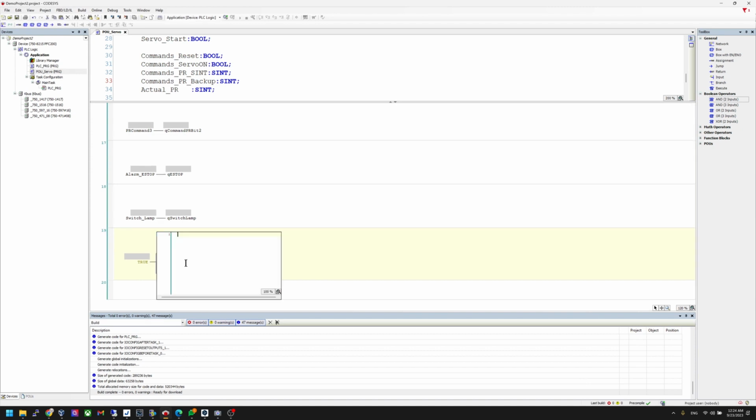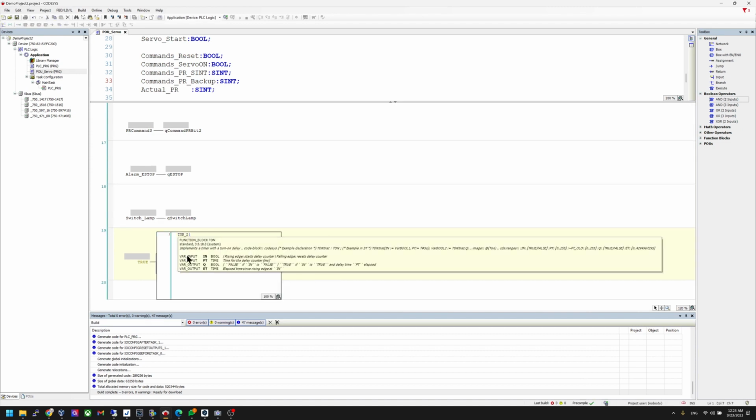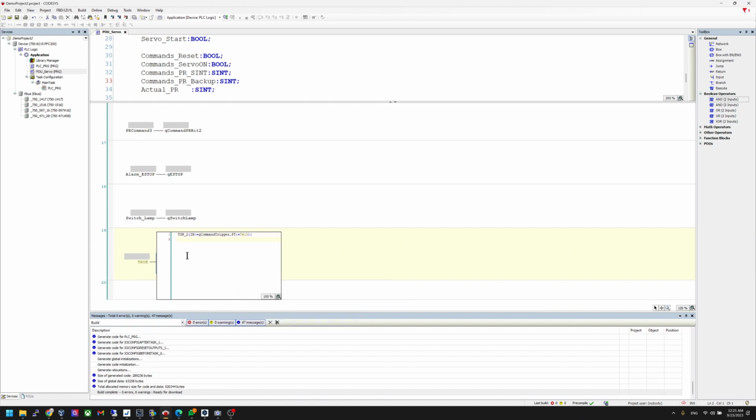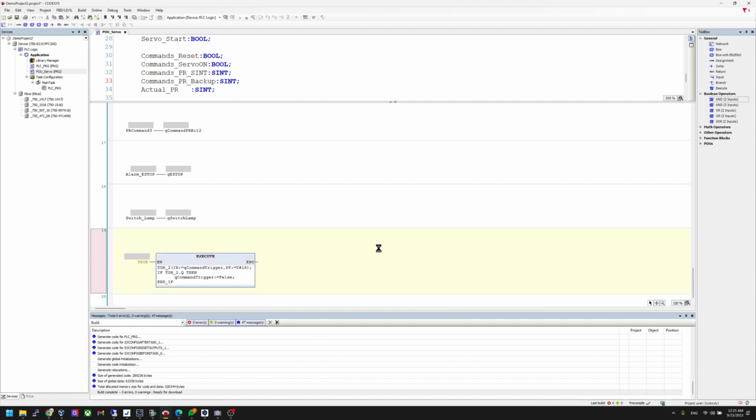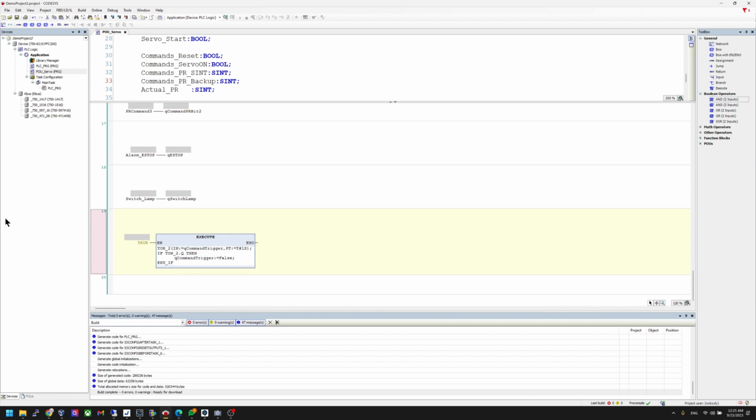and inside I will trigger a timer. In is equal to Q command trigger. I give this timer a 1 second delay, and if ton2.q, it means the timer is triggered, I will reset the command to false. Great. So finally, I only need to assign all my output